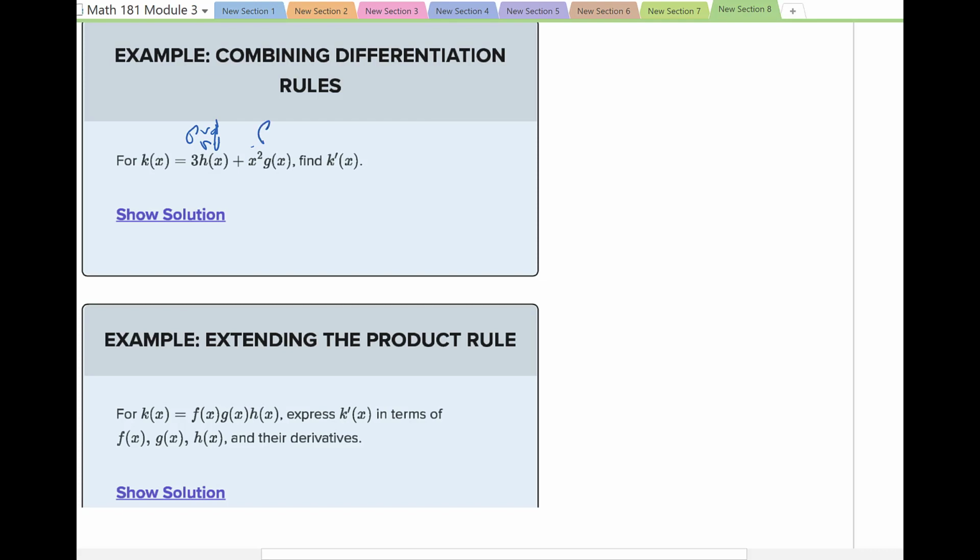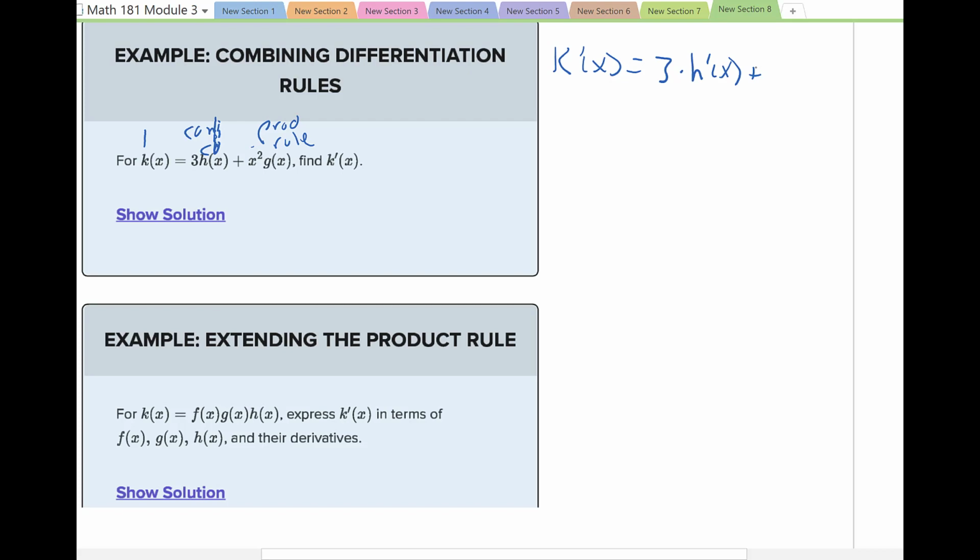Product rule here. So let's see. K prime of x is going to be equal to, well, the 3h of x maybe isn't product rule. That's that coefficient rule. So k prime of x is going to be the 3 times h prime of x